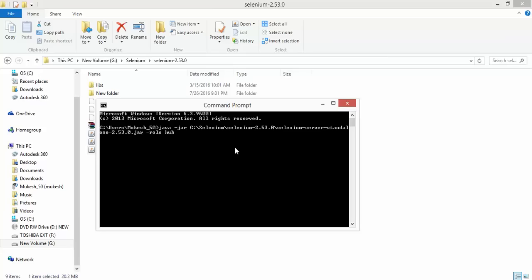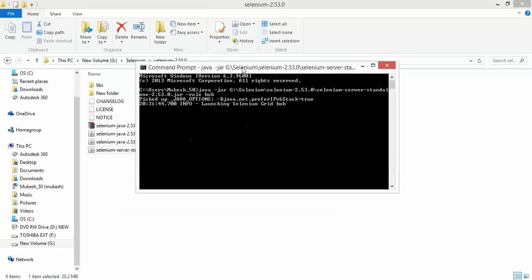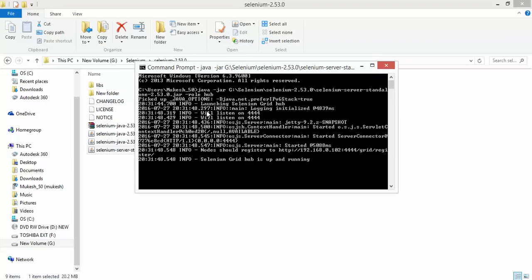So first role is hub, and if you hit enter, it will take some time and it will start the Selenium grid hub. So you can see here some log launching a Selenium grid hub, and finally you will get one info section like Selenium grid hub is up and running. And if you see here, we are getting one info section like node should be registered to this particular IP address, and this is the port number. So this is nothing but my IP address. So this hub started on my local machine on port number